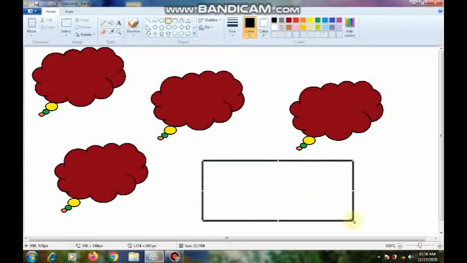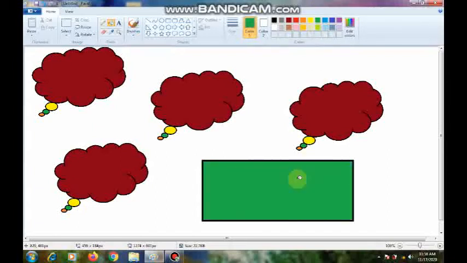This is one action I did. Okay, and I am doing the second action. I am selecting this fill with color and I am taking green color, and here I am filling with color. This is the second action. Is it right? So now I did two actions. I drew a shape and I filled this shape with green color. So undo means, children, we can move one step backward, one action backward.